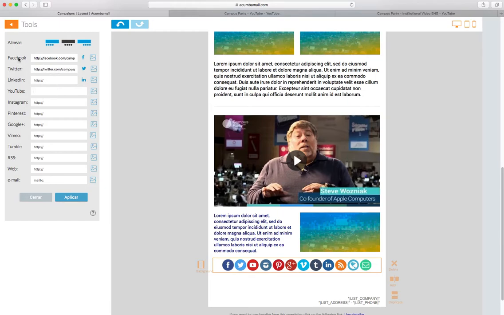Usually we just add Facebook, Twitter, Instagram, and maybe the website, which in this case, as it is Singapore, will be http://singapore.campus-party.org. Okay, and if you want to modify the button, you can